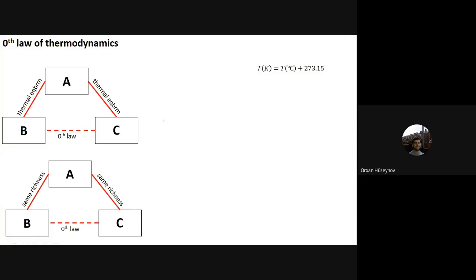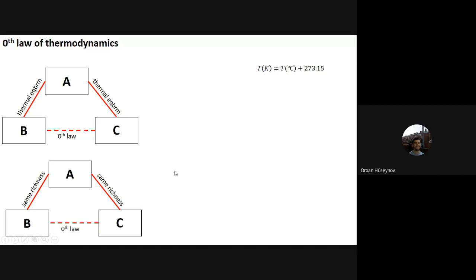So we have said that the zeroth law of thermodynamics states that if A is in thermal equilibrium with B, and similarly A is in thermal equilibrium with C, then B and C are in thermal equilibrium with each other according to the zeroth law of thermodynamics. Similarly, we have built an analogy between the zeroth law and real life, and we have said that in real life, if A has the same richness as B, and if A has the same richness as C, if they have the same richness,